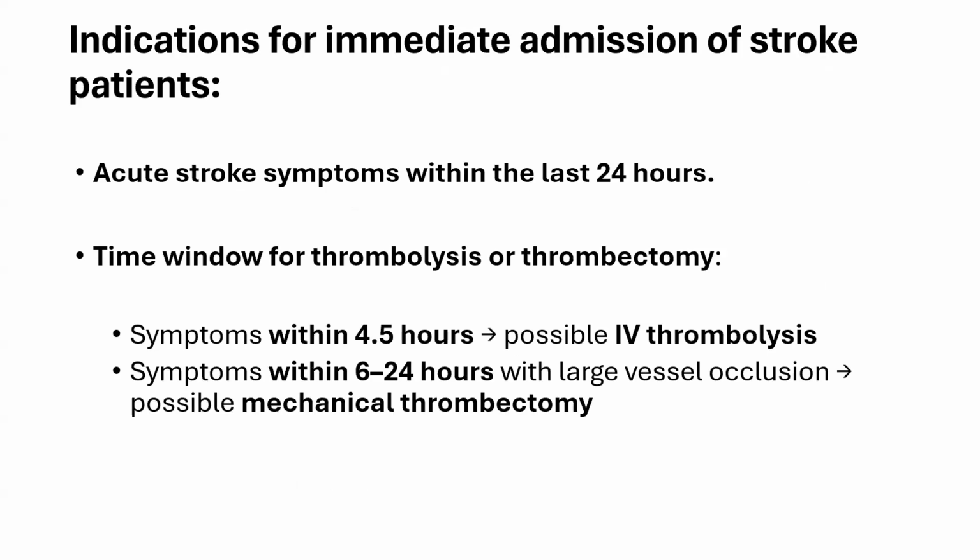So, indications for immediate admission of stroke patients. Say a patient presenting to a clinic has any of these BE FAST symptoms, and you suspect stroke. Some of these patients will require immediate admission. For instance, if a patient presents with acute stroke symptoms within the last 24 hours, then the time window for thrombolysis or thrombectomy applies. Like we said before, if a patient presents within 4.5 hours, we have to refer for possible IV thrombolysis. And if the patient presents within 6 to 24 hours, then we have to refer for possible